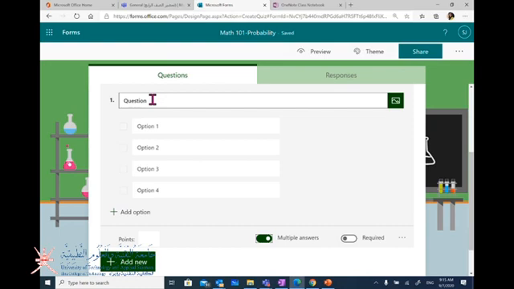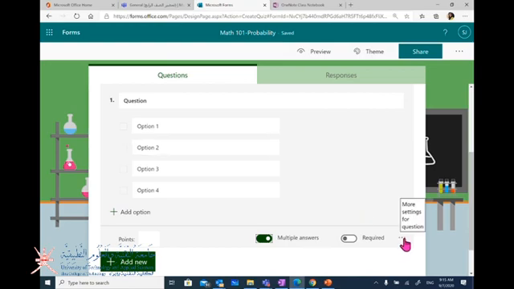Now, the most problematic way of doing the questions online is to write an equation. So how to achieve this? How to write the equation using Microsoft Forms? So in here, next to the three dots, when you click on it, you will have